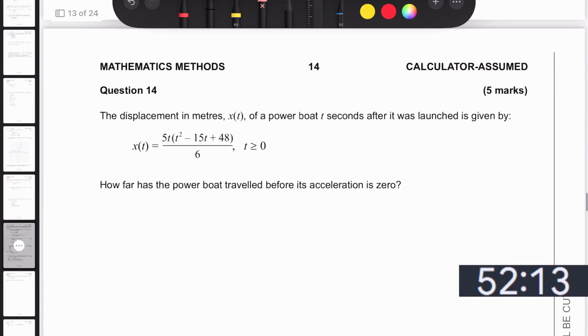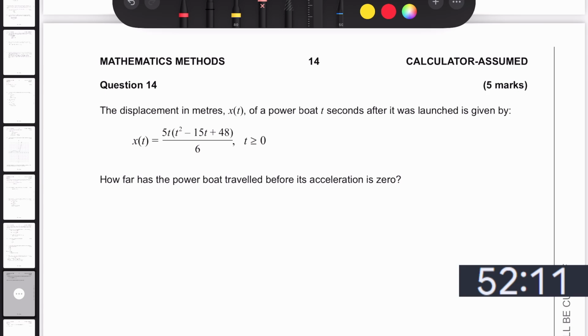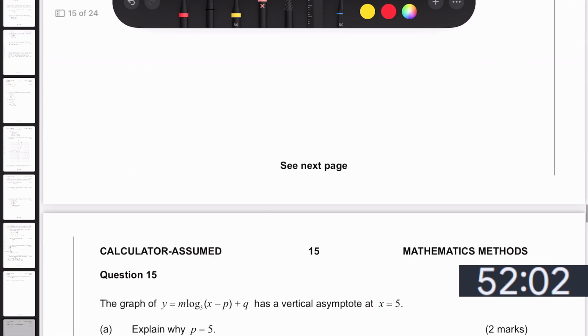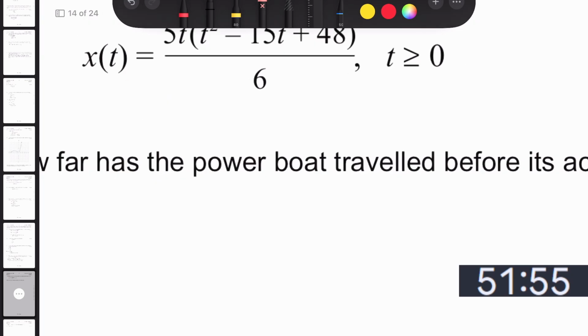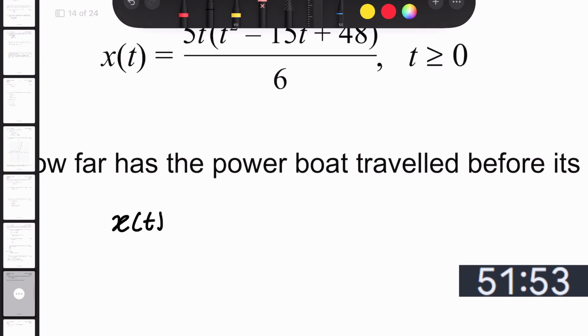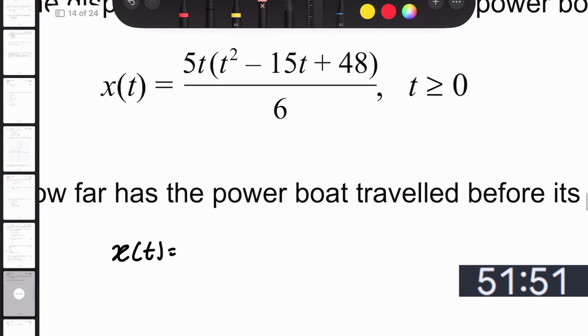Okay, the displacement in meters, x of t, of a powerboat t seconds after its launch is given by that. How far has the powerboat traveled before its acceleration is 0? What an ugly expression. Okay. Let's just expand. So this is 5t to the power of 3 minus 75t squared plus